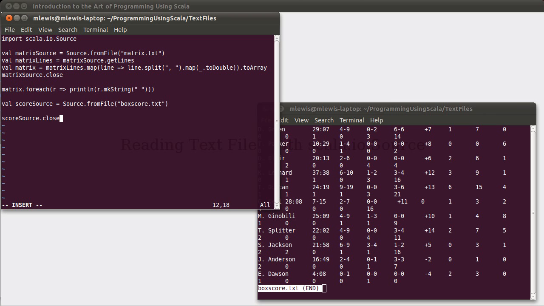I'm actually going to go ahead and put in the call to close. I'll have to make sure that everything that uses it comes before that line, but that's better than forgetting to close it off. So scoreLines equals scoreSource.getLines. And what I can do here, I'll say that boxScore is equal to scoreLines.map, line goes to line.split on,